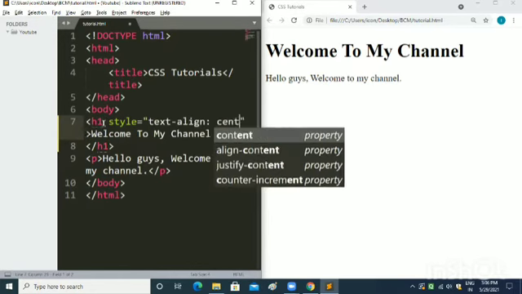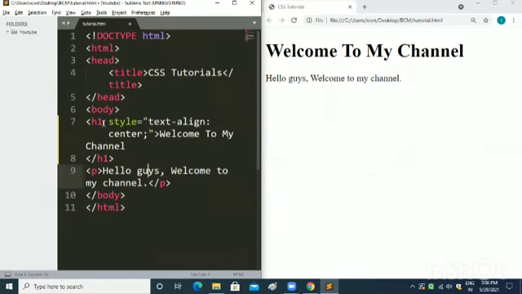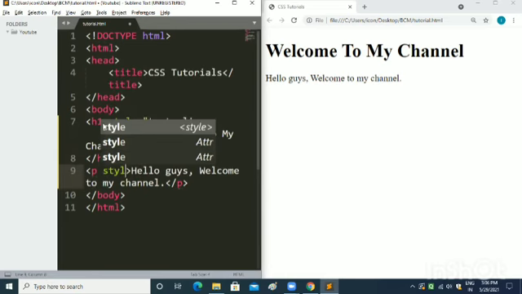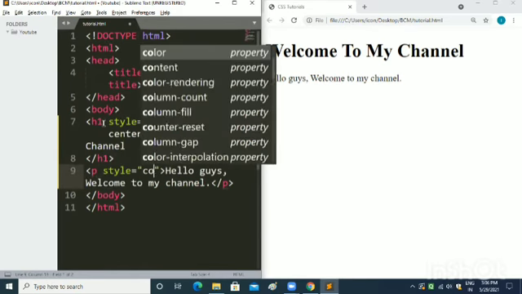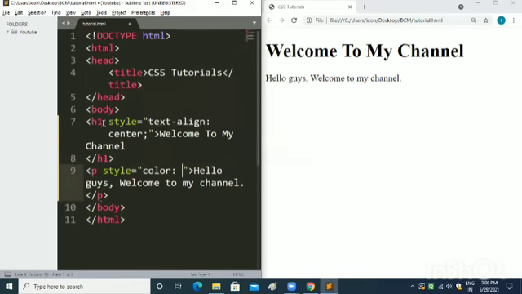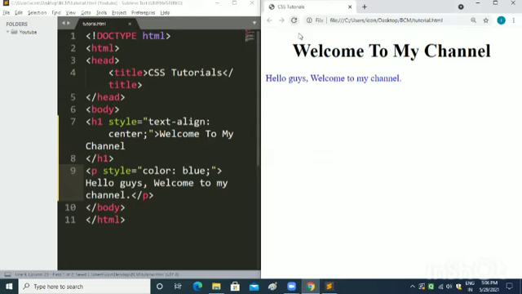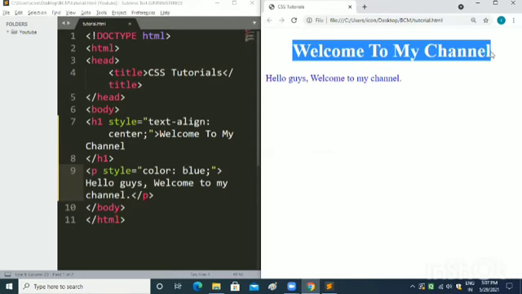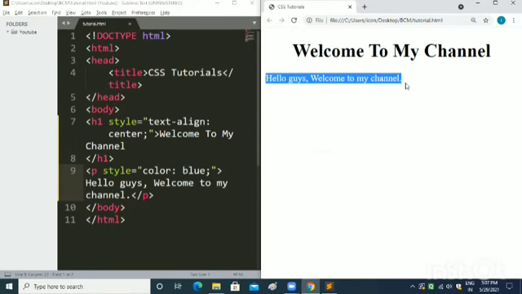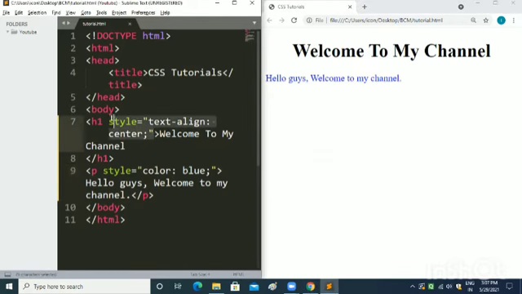And again I will write a style attribute in the paragraph tag, and in it I will write color equals blue. So when I save it and refresh the browser, you can see the h1 tag aligned to the center and the color of the paragraph changed to blue. Okay, so this was the first way to add CSS to your document.